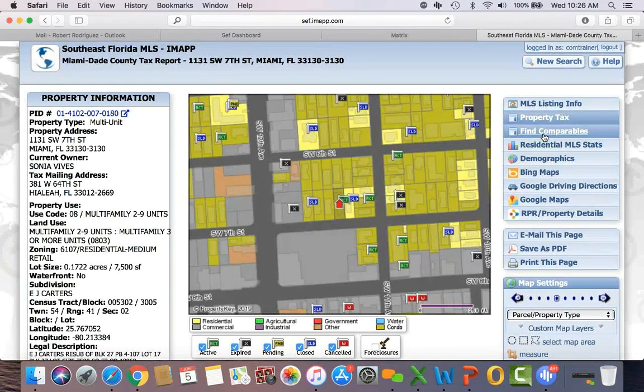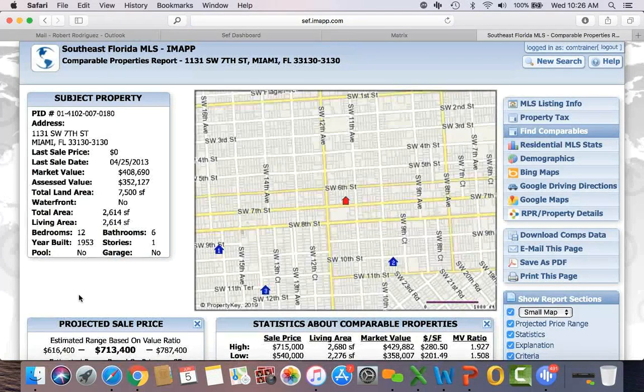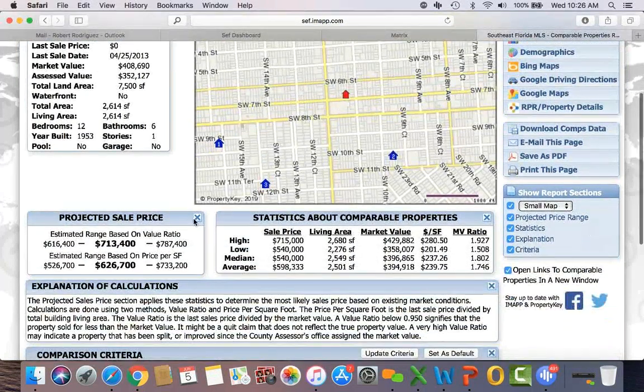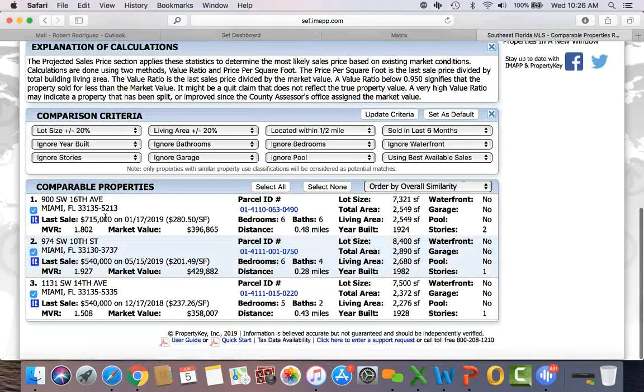Here's the property, and we're going to click on Find Comparables, and right away you'll notice that we have three comparables between $526,000 and $733,000, with an average of $626,000. One comparable sold at $280 a square foot at $715,000. Then you have another one that sold at $201 a square foot at $540,000,